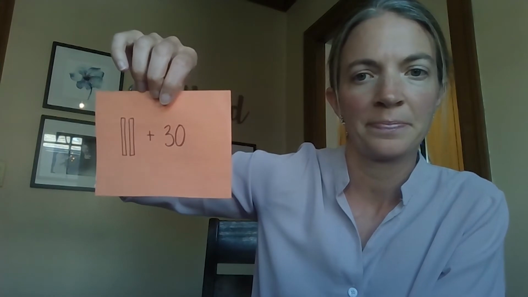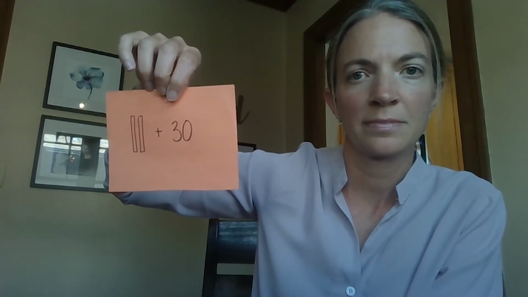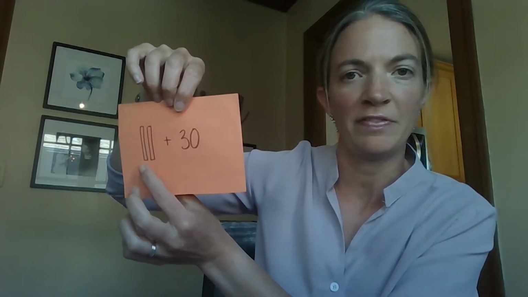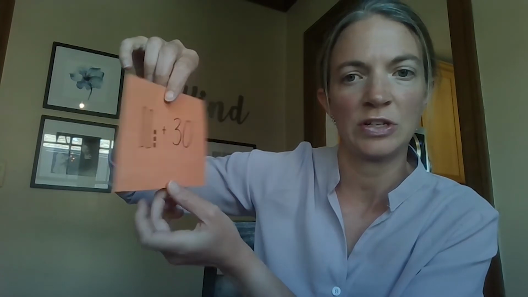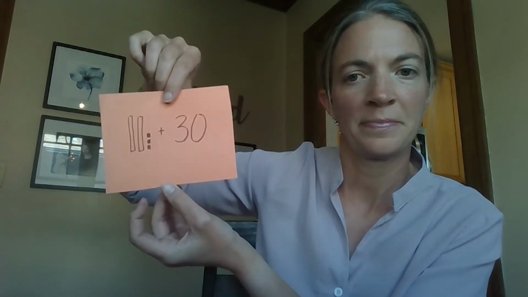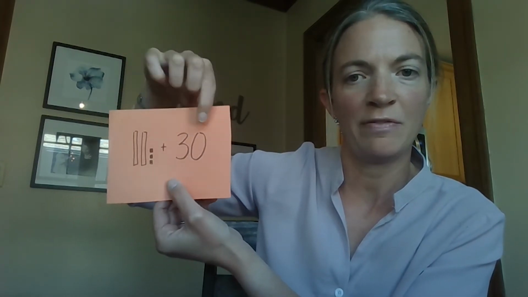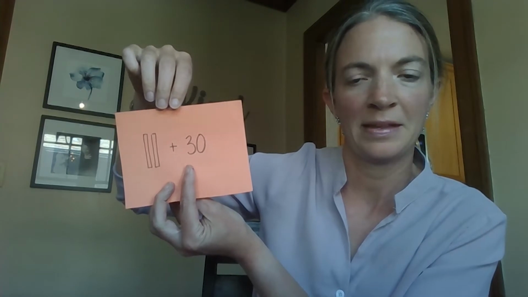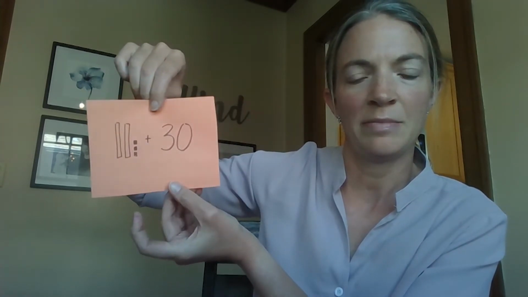Let's try this again, but this time I'm going to take away one of the models and just use numbers in its place. You can still picture that model in your mind. Ready? How many? So we can picture our 3 tens, 10, 20, 30, 40, 50. Watch to see what changed. So we still have 30, 40, 50, and 3 more is 53. So on the front side we had 50, the back side we had 53.